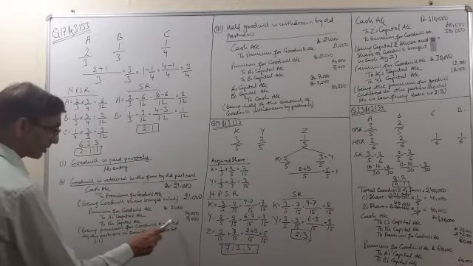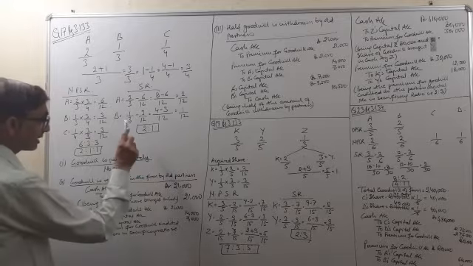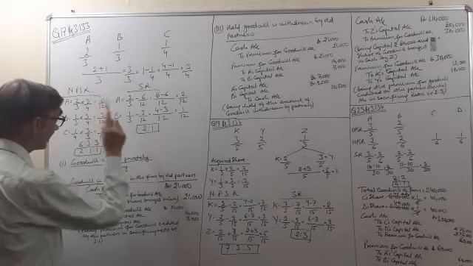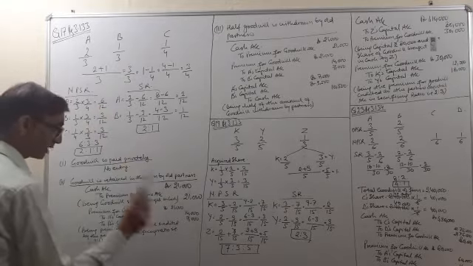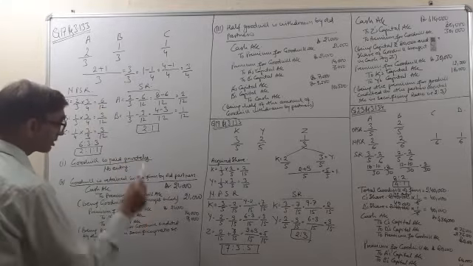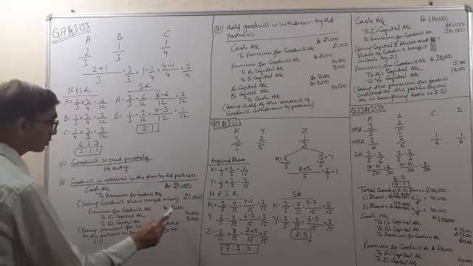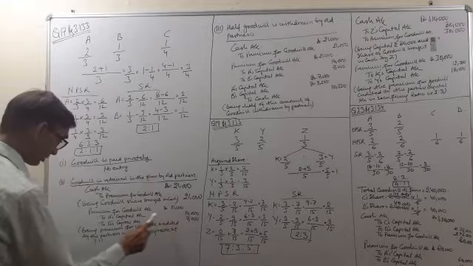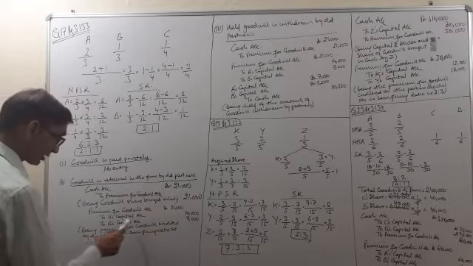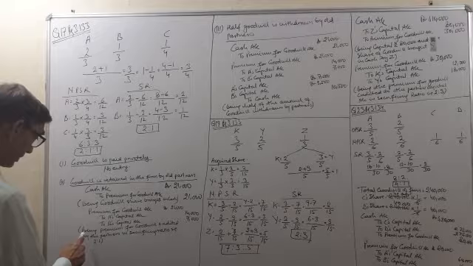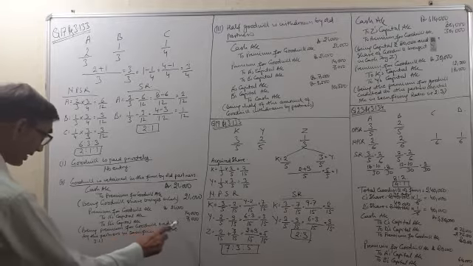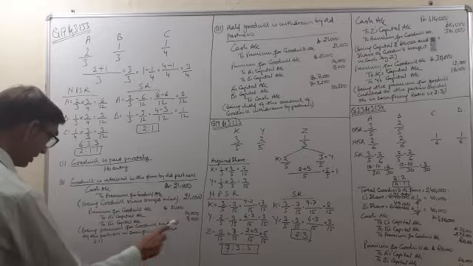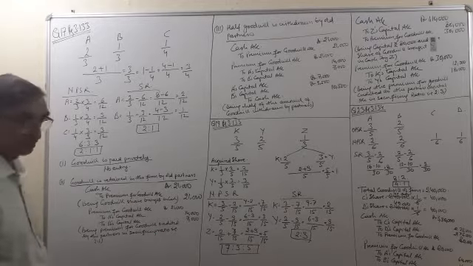21,000 will be divided by 3 and multiplied by 2 and 1, where 2 is A's share and 1 is B's share. So 21,000 divided by 3 is equal to 7,000. 7,000 into 2 is equal to 14,000, which is the share of A, and 7,000 is the share of B. The narration will be: being premium for goodwill credited to the partners in the sacrificing ratio, that is 2:1.